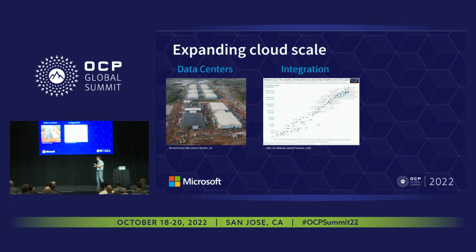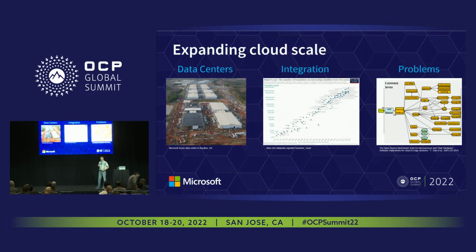Beyond that, here's my obligatory Moore's Law slide. The scale of integration has also been increasing. So there are more servers going in, and each one of those servers is more dense. So it's kind of hard to read, but the top of this is 50 billion transistors, and that's 2 years old. So increasing scale in servers, and the last dimension I want to talk about is